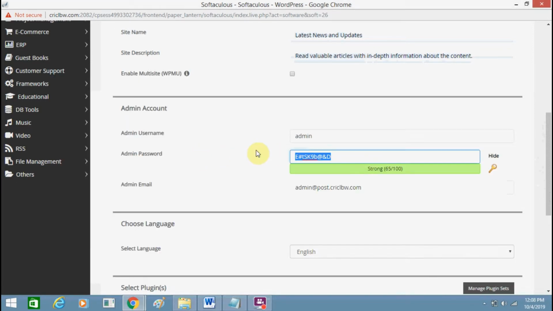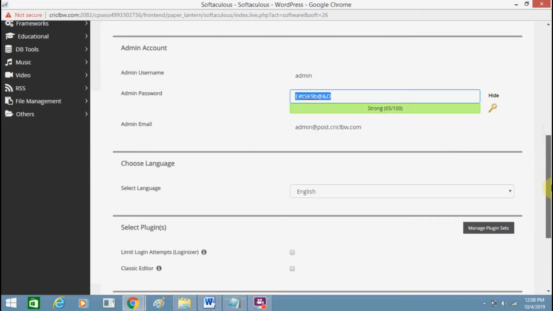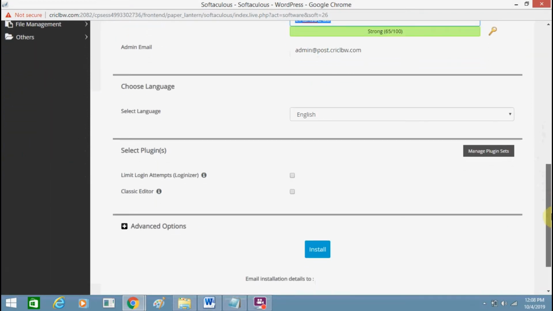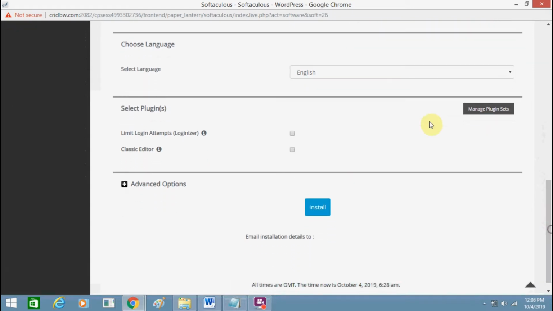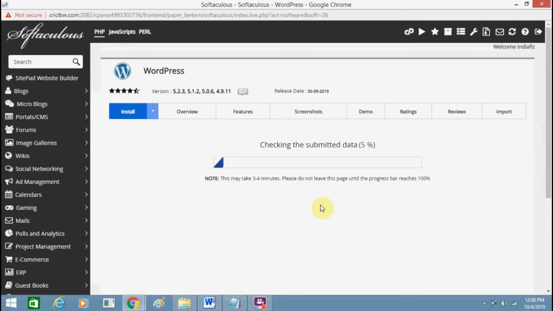You can change this username password later on. Set the language, manage plugins from here or later on as per your desire. Enter the email ID, click on install. So it will take some time during the installation process.